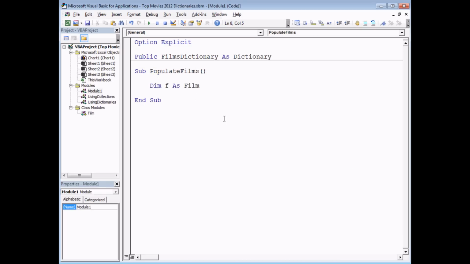Once you've declared the variable to hold the film, I'm also going to declare a variable that will hold a range object, and then I'm going to make sure that I create a new instance of a dictionary. So I'm going to say set films dictionary equal to a new dictionary, and then I'm going to make sure that I go to sheet 1, so sheet1.select,